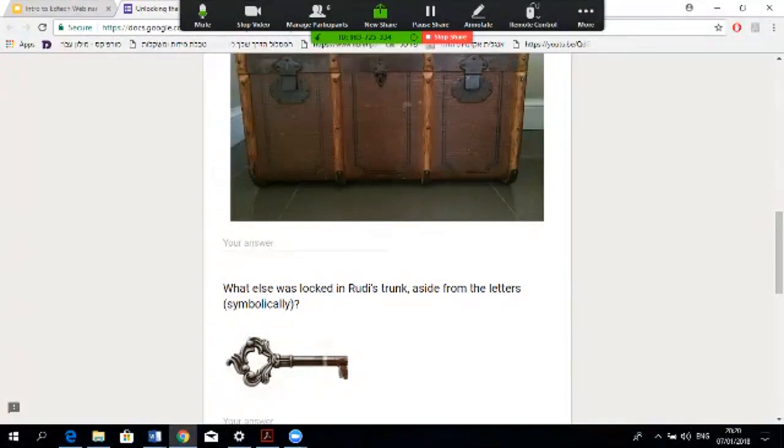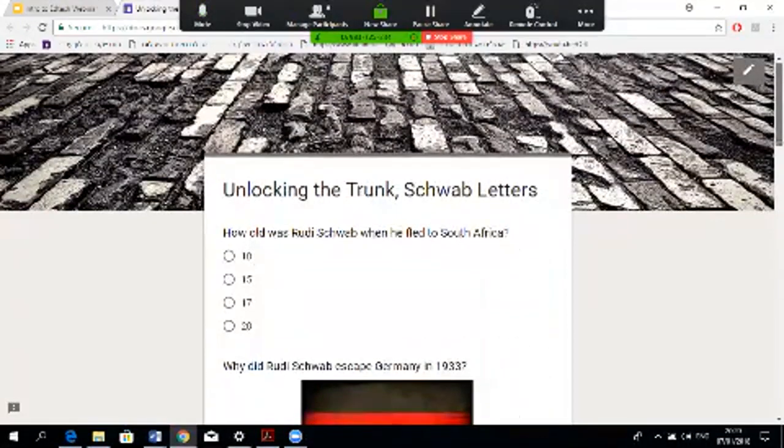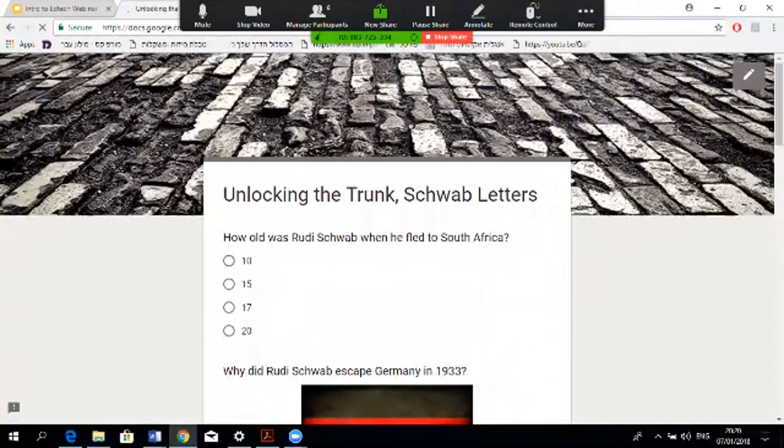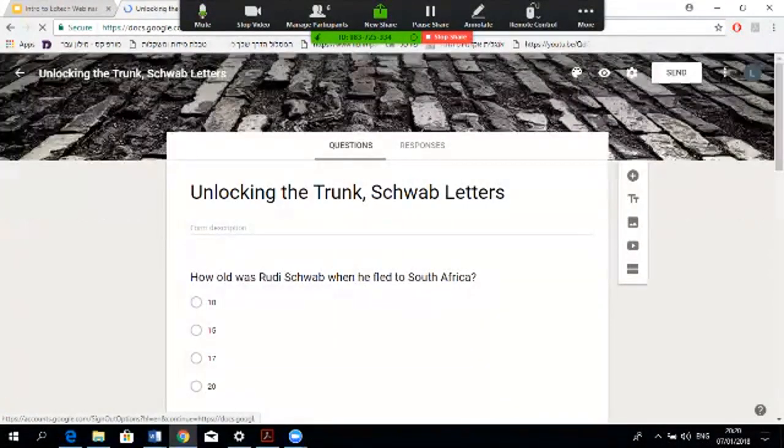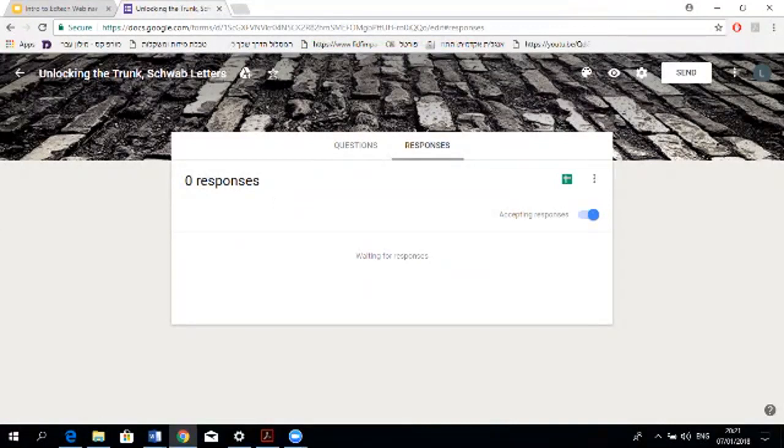So our students are working on their Chromebooks or their tablets or their iPads, and they're answering these questions. Some of them can be very basic knowledge, and then we can shoot for those higher level critical thinking questions. But the beauty of the Google Doc becomes apparent when, after everybody has taken a few minutes to fill it out, we look at the responses. Unfortunately, you guys did not fill this out. But what we would see now is everybody's answers, and you would be able to see right away, if it was a knowledge question, how your students are picking up the information. But more importantly, you can right away discuss and have a much higher level